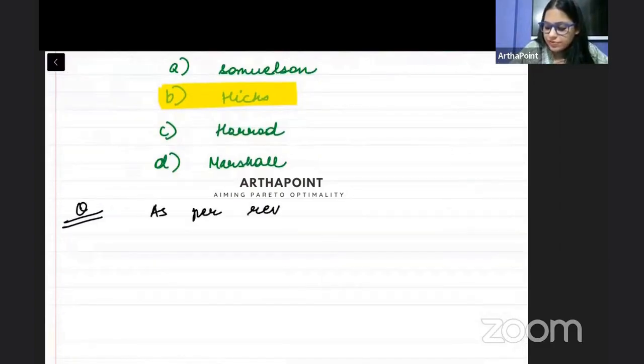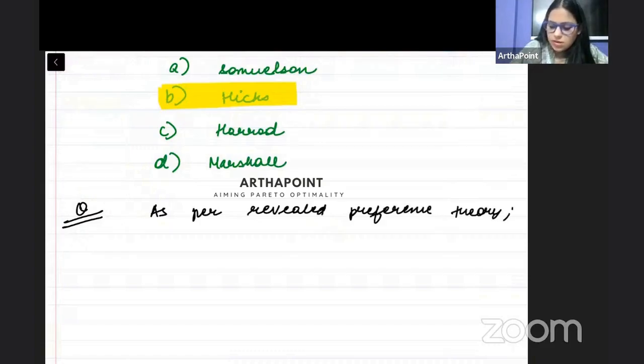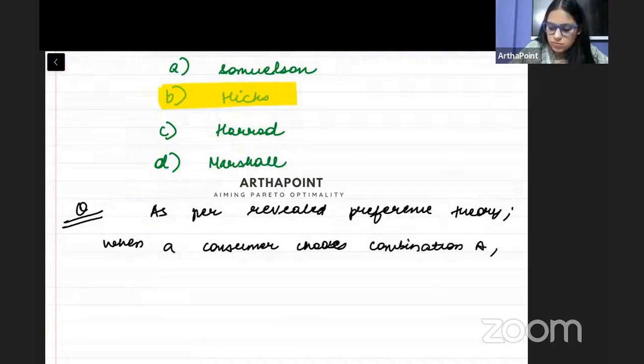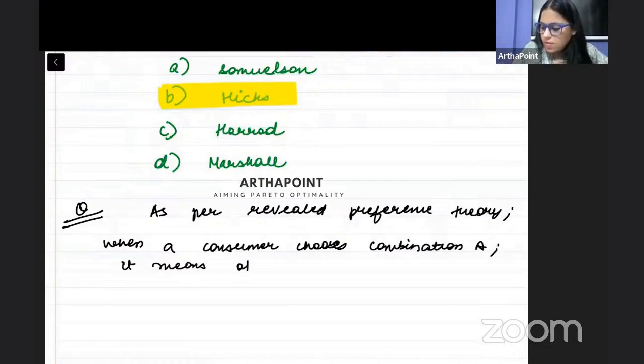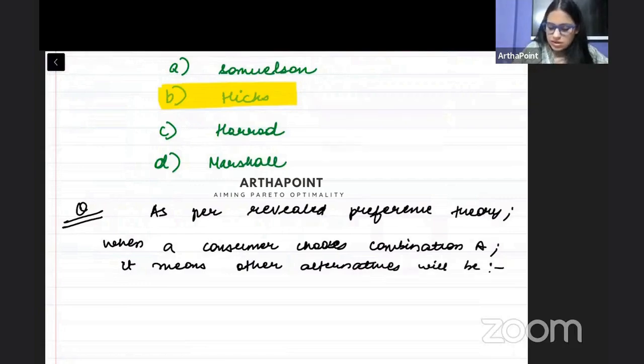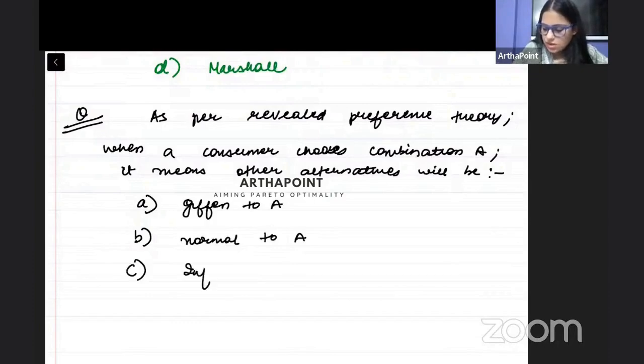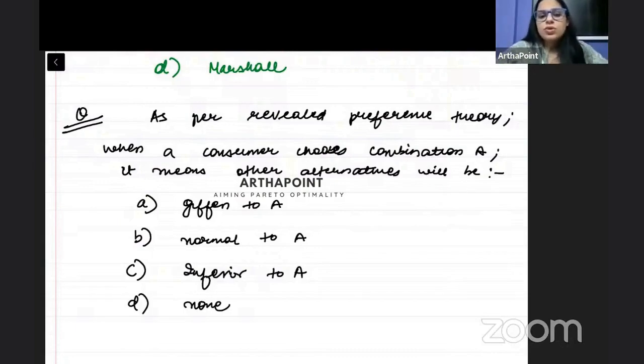As per revealed preference, when a consumer chooses combination A, it means other alternatives will be: A, given to A; B, normal to A; C, inferior to A; D, none. So according to the revealed preference theory, when a consumer chooses a particular bundle, the remaining bundles that we have,